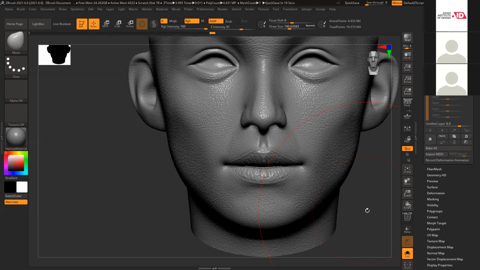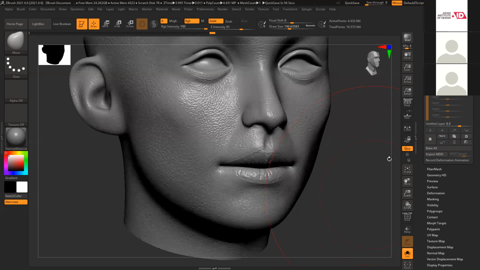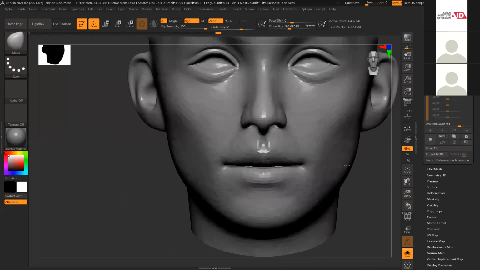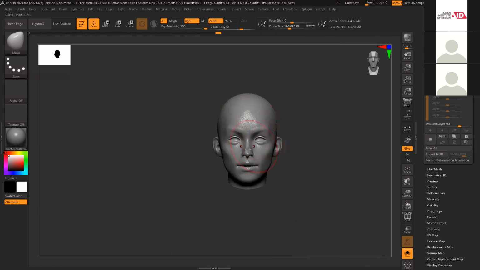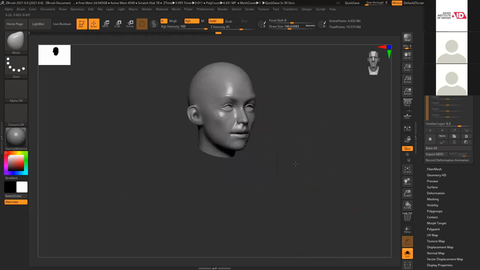So for 4K, we need to keep it a little stronger, a little sharper, so that if there's a loss, it will be managed. I can manage it very easily. That's why I'm making it slightly stronger. This looks fine, but if I bake it, it will become a little softer. So I'm making it a little crispier, slightly strong, so that from a distance I can see those things. That's the whole idea. From a distance, if I switch it off, it's a little smooth, still there, but after baking it will reduce even more. So that's why I'm keeping it a little extra.